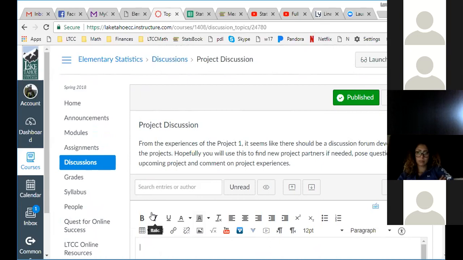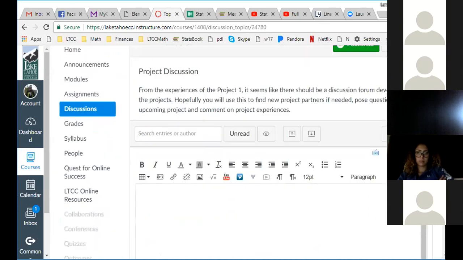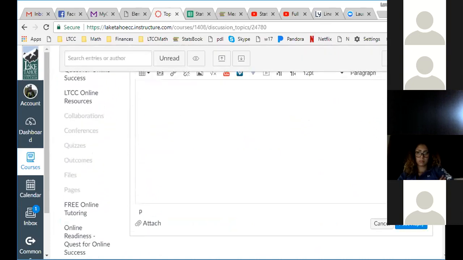Some people like to work face-to-face, but that's not necessary. If you do want to work face-to-face, say the city you want to work in. You just type it in, hit reply, and then you can start forming partners. You can do that today if you want and get some partners for the project. Any questions on that?